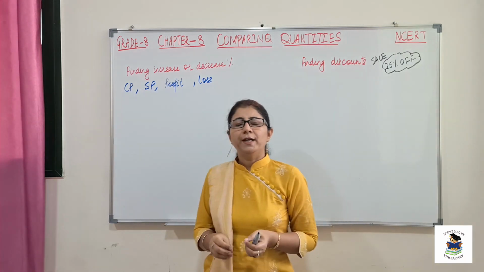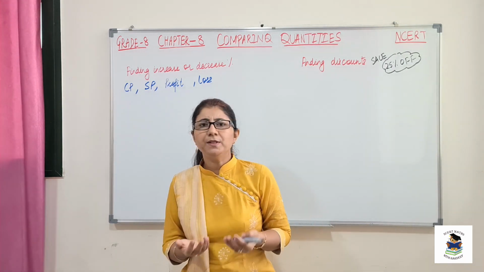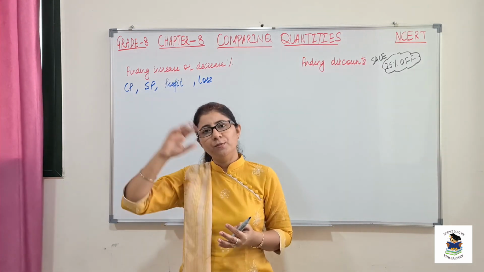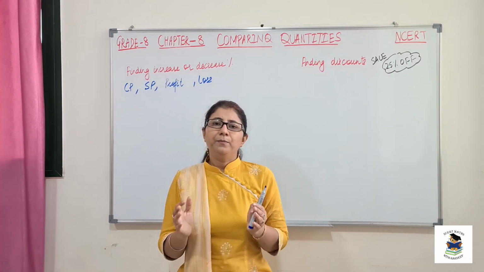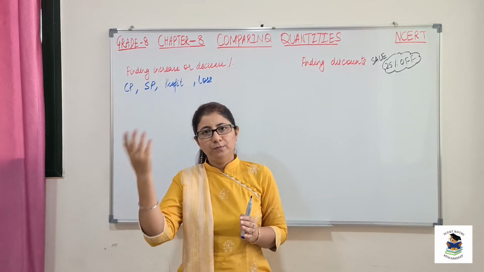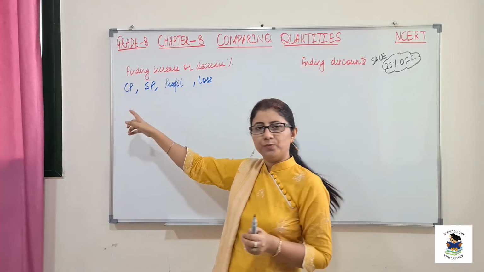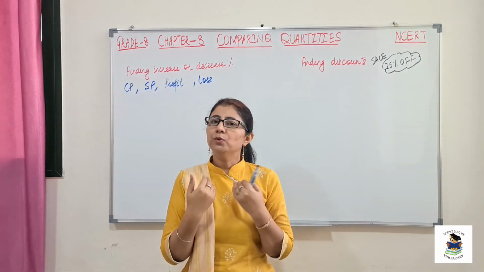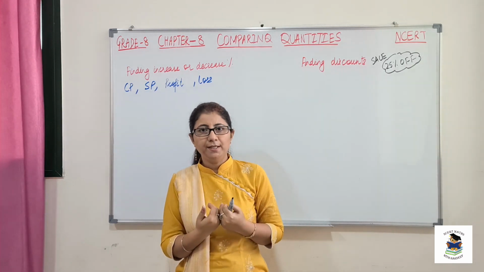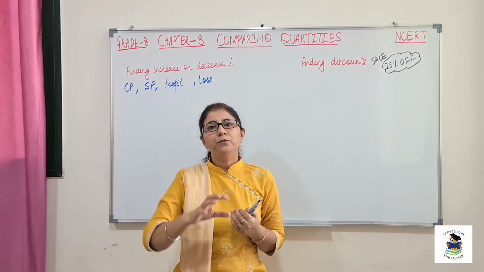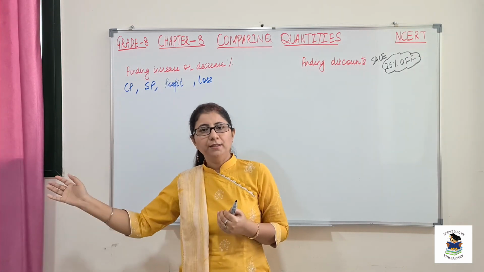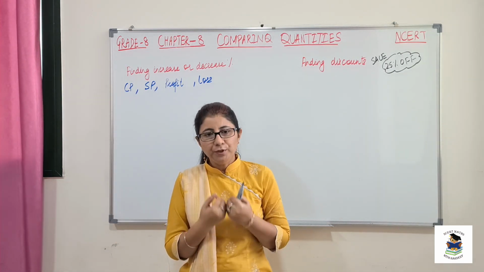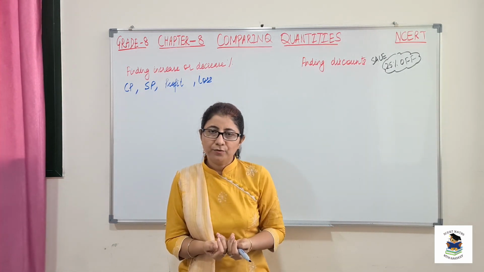So what is cost price? Suppose in any business the shopkeeper purchases material from somewhere else. The price that he pays while buying is called cost price, and the price at which he sells those things to us is the selling price. So the price with which he buys from another person is his cost price, and the price which we pay him is the selling price of the object.